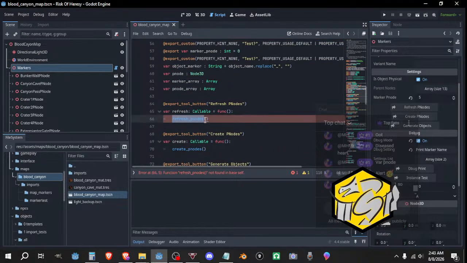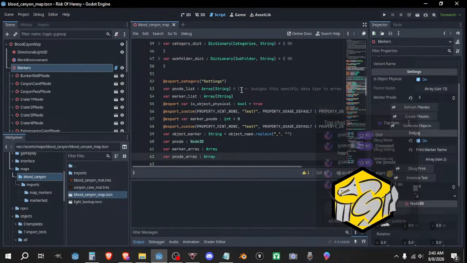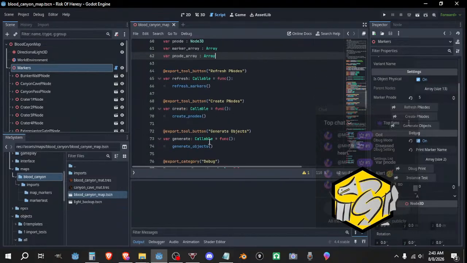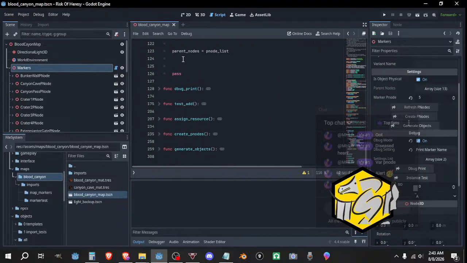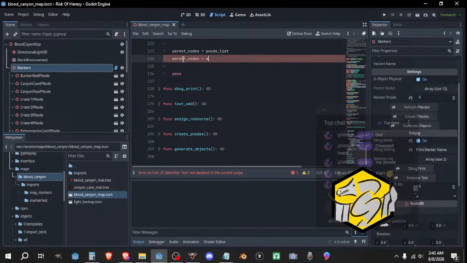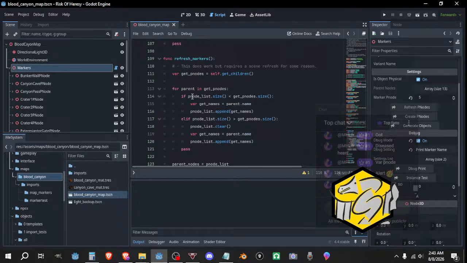This would be markers. Node list out, and then parent nodes. So marker nodes would equal marker list. So that's done, but we still have to do this,